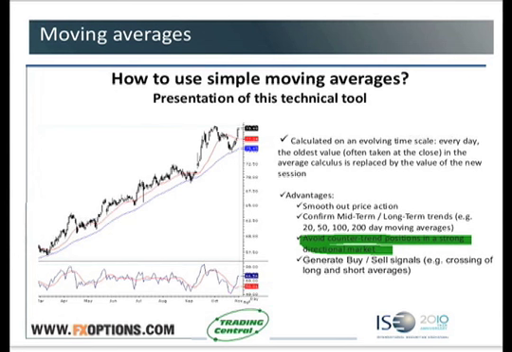For example, on this chart, you can see that we have two moving averages. In red, it's a 20 days moving average. In blue, it's a 50 days moving average. You can see that the price is always at least above the 50 days moving average. And these two moving averages are on the upside. So you can see that the main trend is strongly bullish because the price never pushes below